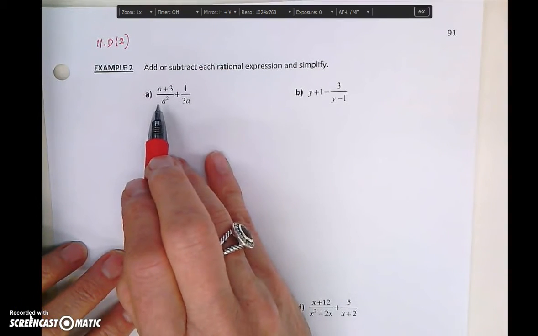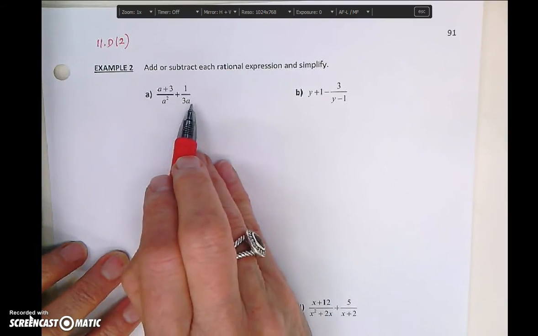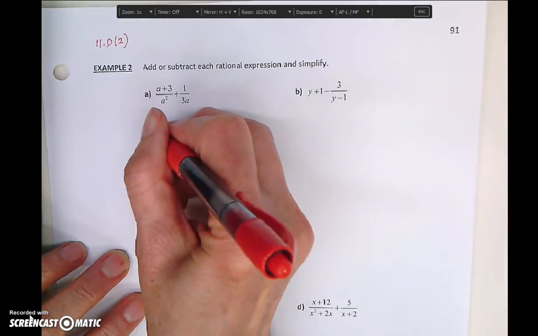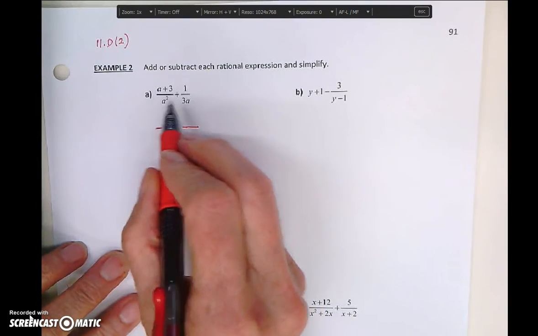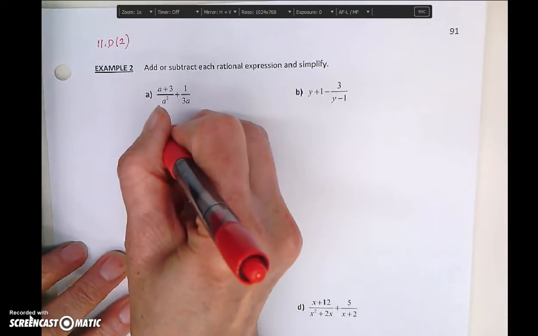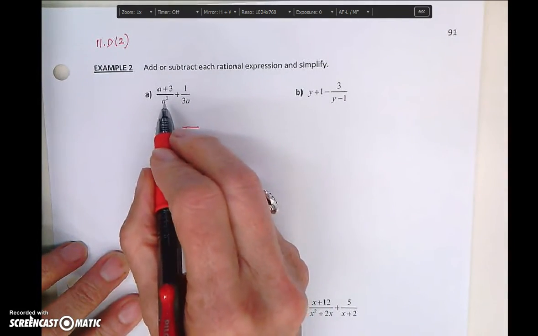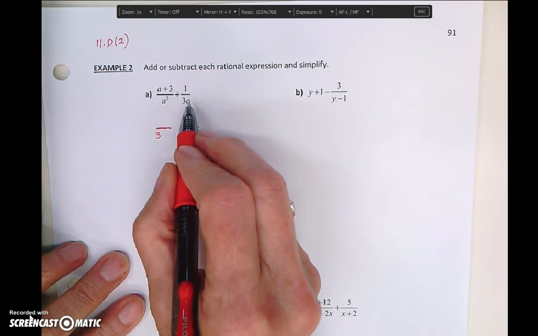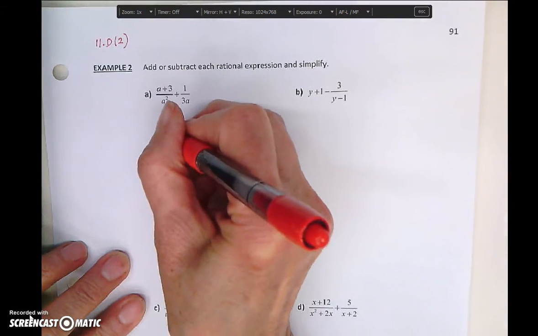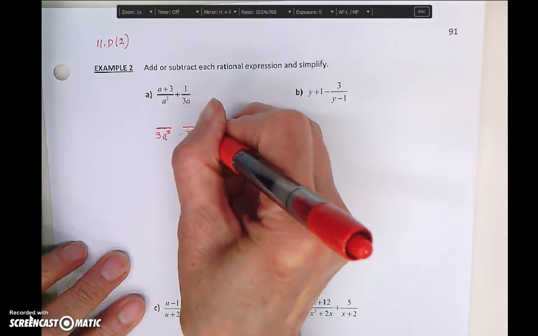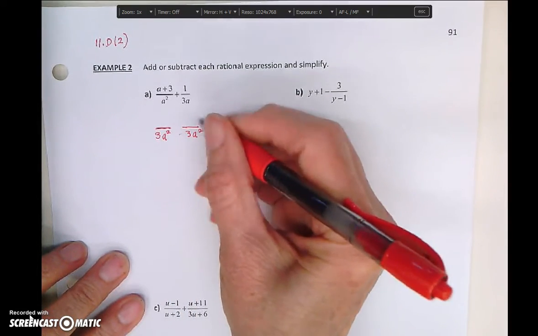So in this video, we actually have variables now in our denominator. So when we find our common denominator, we'll do it along the same lines. I'm looking here, and for the number it is 3, so I know that 3 is going to have to be in my common denominator. And then when I'm looking at variables, I've got to have the larger of the two so that I can multiply to get to it. So when I have an a and an a squared, then all I need is just the a